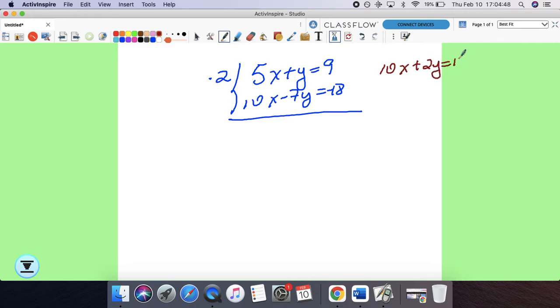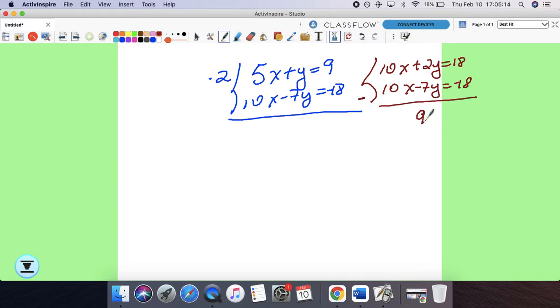Now let me rewrite the bottom equation here. So 2 times 5 is 10, 2 times y is 2y, and 2 times 9 is 18. So I'm going to work with these two now. The x's have the same coefficient, so I'm going to subtract. When they're the same, you subtract. So 10x minus 10x is 0. 2y minus 7y is, careful here,